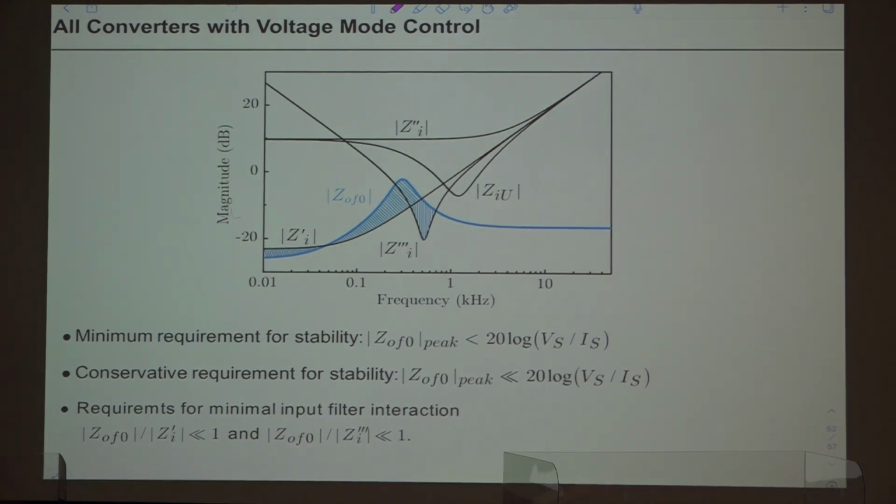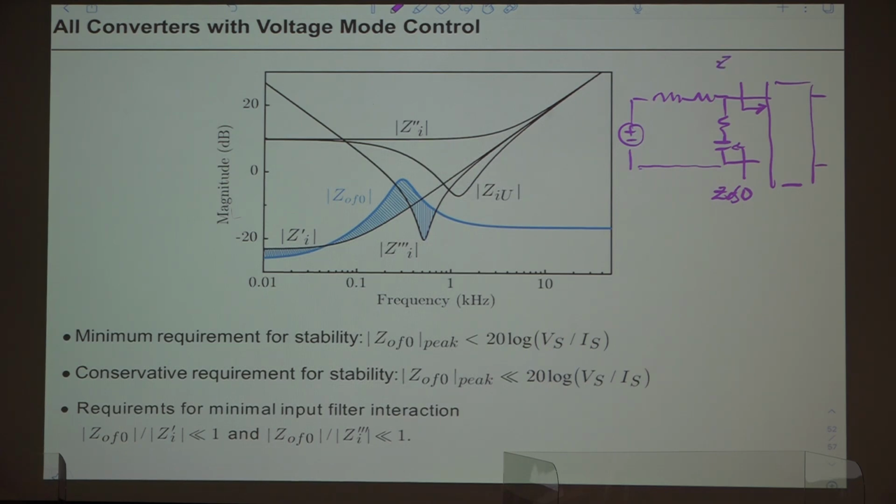So to remind this, you have this situation. Ideal voltage source is coupled with downstream converter through this infilter stage. So we have converter here, and output impedance of this infilter evaluated with input port shorted is called GOF0, and we need to take a look at 4 different input impedances of the downstream converter.